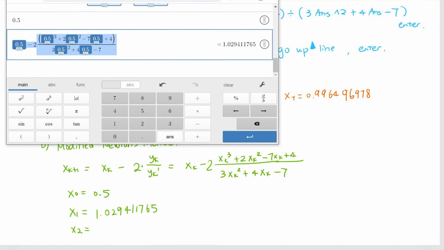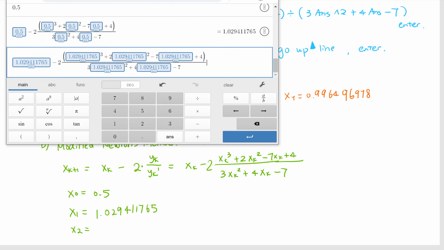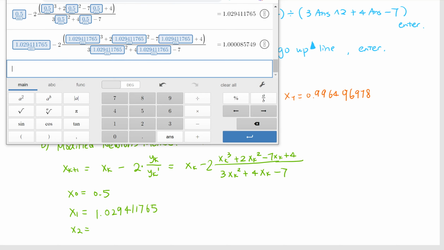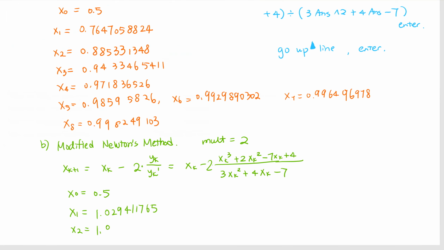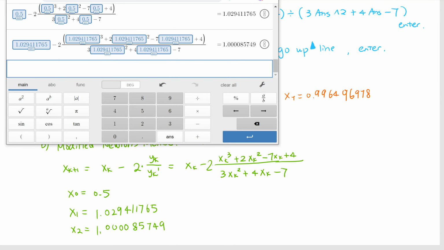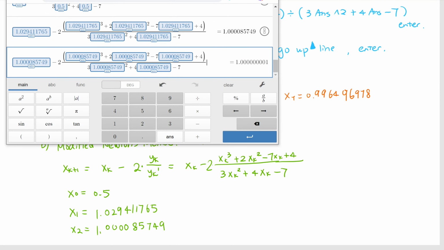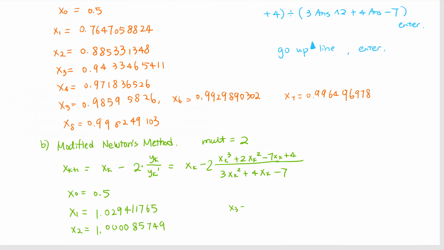Well, you go up to the previous line and just enter it. Right, 1.000085749. Okay, and do one more time. Ooh, 1 point, how many zeros? 1, 2, 3, 4, 5, 6, 7, 8. 8 zeros. Oh, okay, so x3 equals